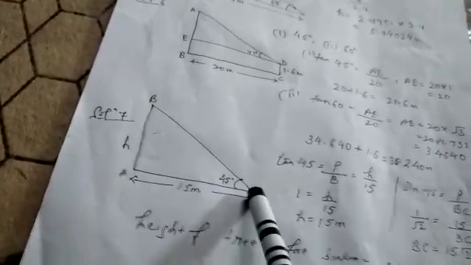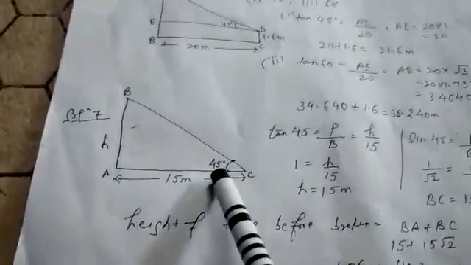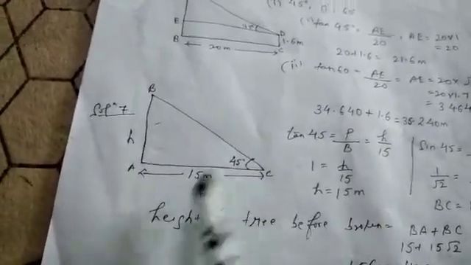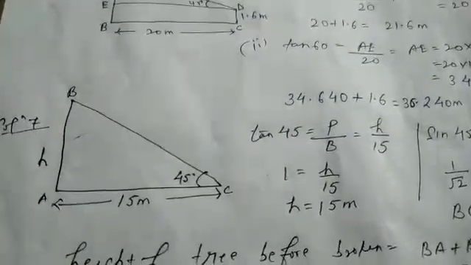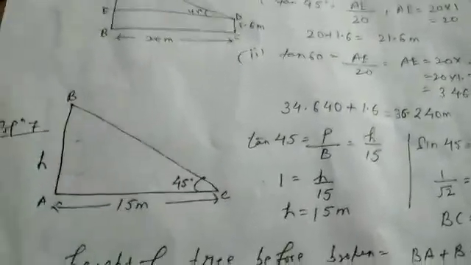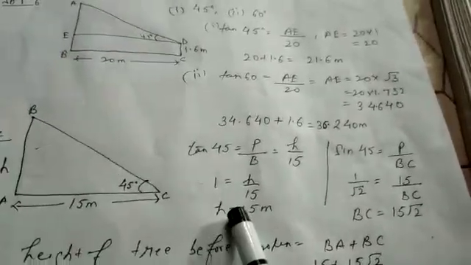BC is the broken part of the tree after the wind and makes the angle of 45 degree with the ground, the distance is 15 meter. So find the height of the tree before it broke. Okay, so again you can see very simple. Triangle is made. You will take tan 45 degrees equal to perpendicular upon base, that is H upon 15. By this way, H has come 15 meter.